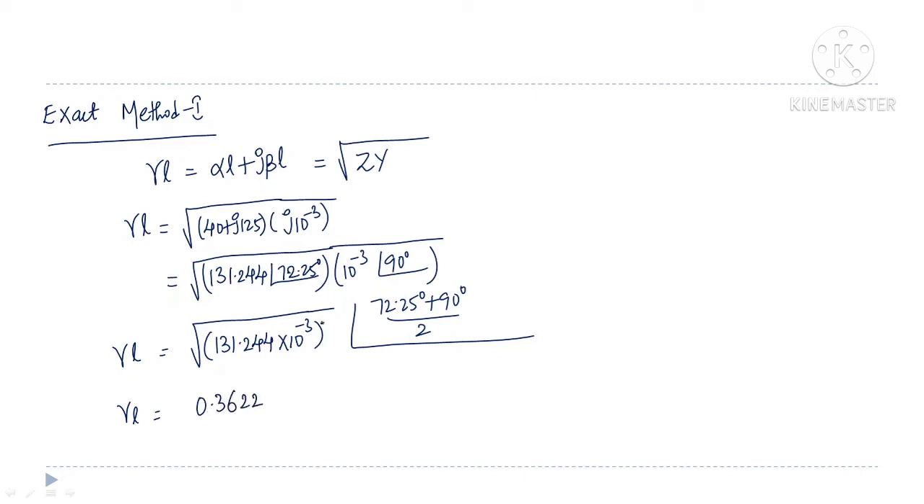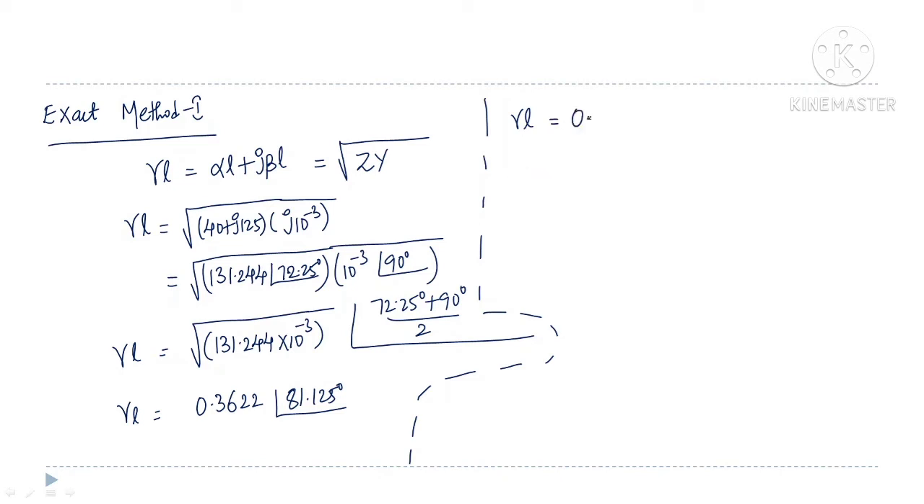0.3622 at an angle of 81.125 degrees. But in order to get alpha L and beta L values, we need to convert this gamma L into rectangular form. It is in polar form. Converting this into rectangular form, gamma L will become,